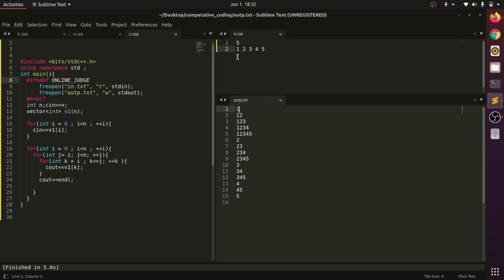Before starting I said that we are going to deal with continuous subarrays, so it is mandatory that after 1, 2 will come. If it doesn't come, it will be wrong. Then 1 2, 1 3, this is our first subarray, second subarray, third, fourth, fifth, sixth, till the 15th subarray.